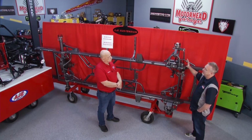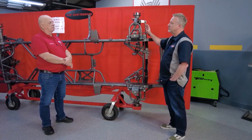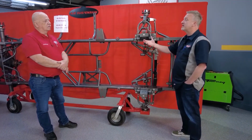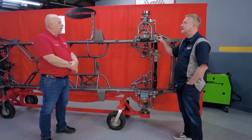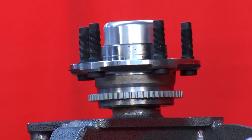There's a lot of things you do at AJE Suspension that are unique, and one of the things I really love is you're using a lot of parts that folks can get at an auto parts store, so they don't have to go get a specialty part from you should something break or they get in an accident or something like that. Correct. The main thing is that we use a hub from a 94 to 04 Mustang,